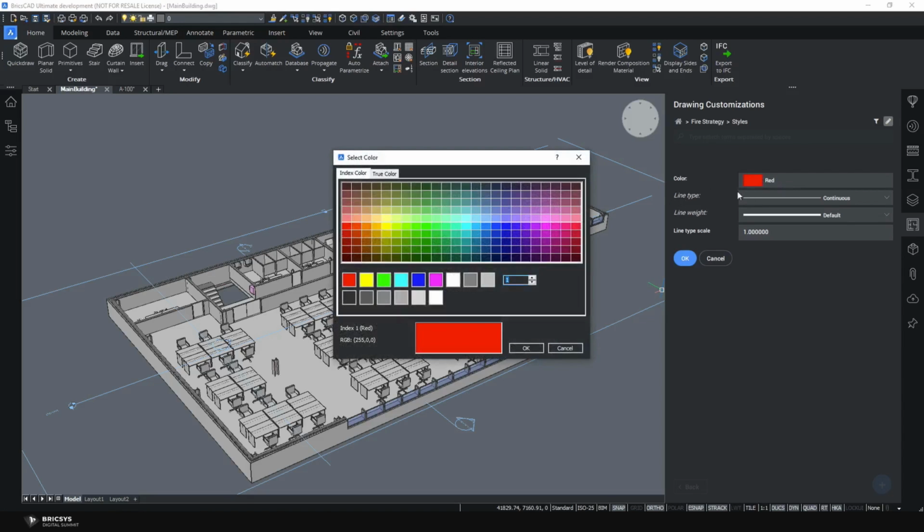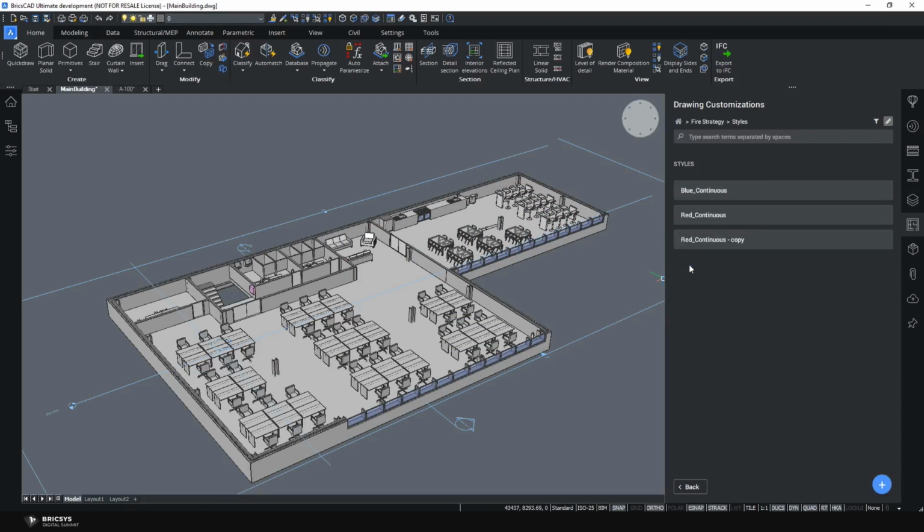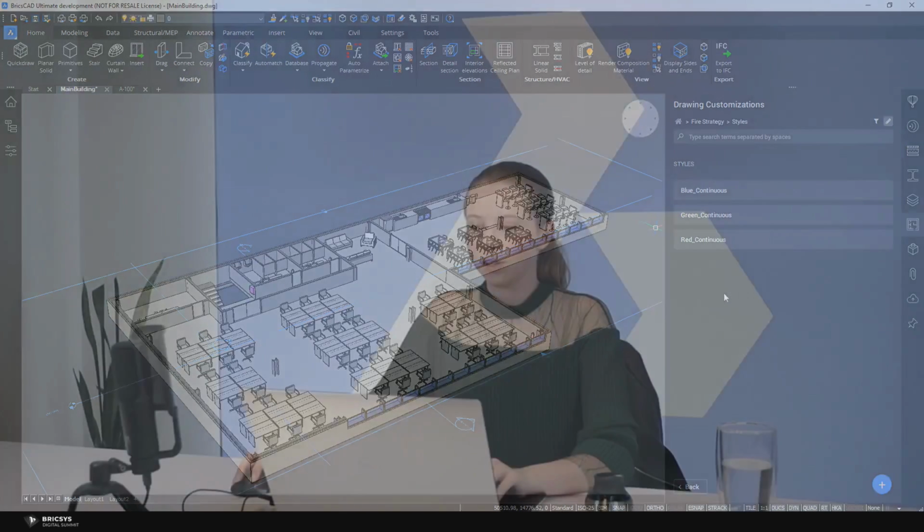So you have here the red line, the red color, which I now want to change into green. So you can edit the name here to green continuous. Alright, so we now have our 3 customizations, our 3 styles actually, which is a blue color, a red color,